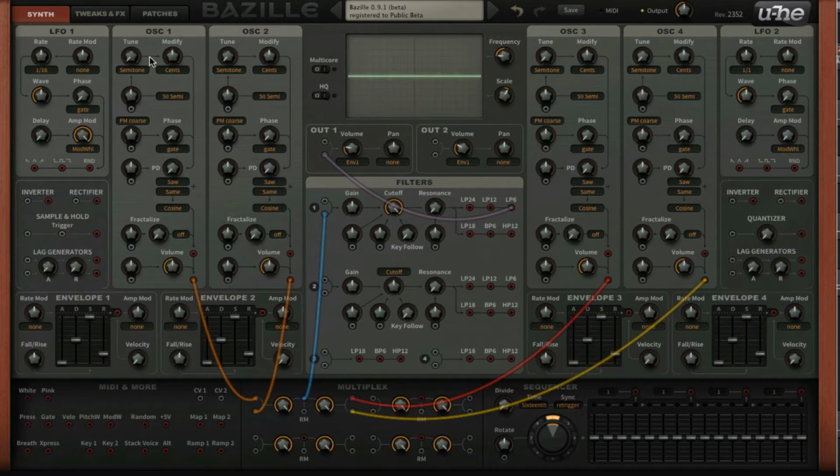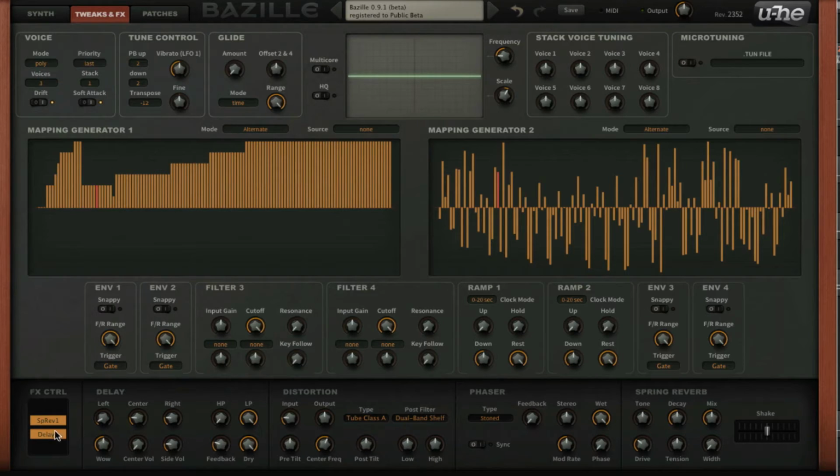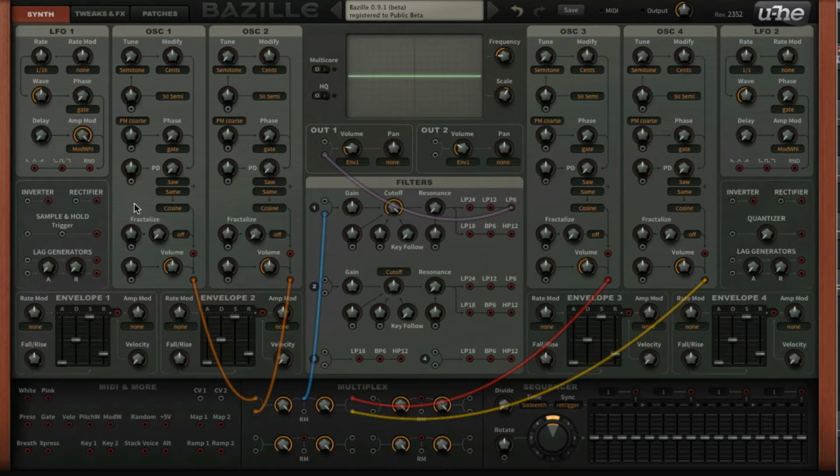So it's just a lot of sine waves. I'm gonna disable the reverb for now by just double clicking it, and then we're gonna mess with the oscillators a little bit. I can, for example, set the first oscillator up 1 octave, 12 semitones, and then we can set this one up 2 octaves,